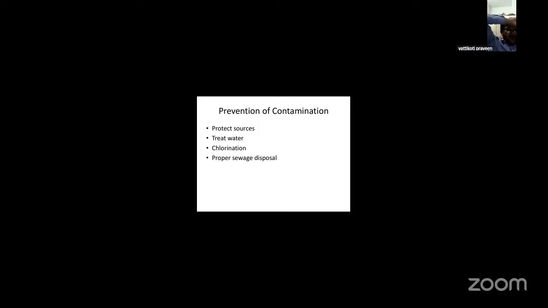What is proper sewage disposal? The safe disposal of human waste prevents contamination of the water sources, and is essential for a proper sewage system. A septic tank is a rural area wastewater treatment. Otherwise the water is contaminated. So avoid open defecation and discharge of untreated sewage water into water bodies. This is all about prevention of contamination of the water.